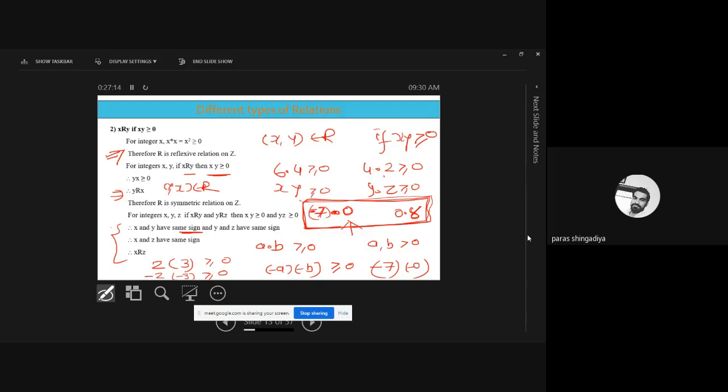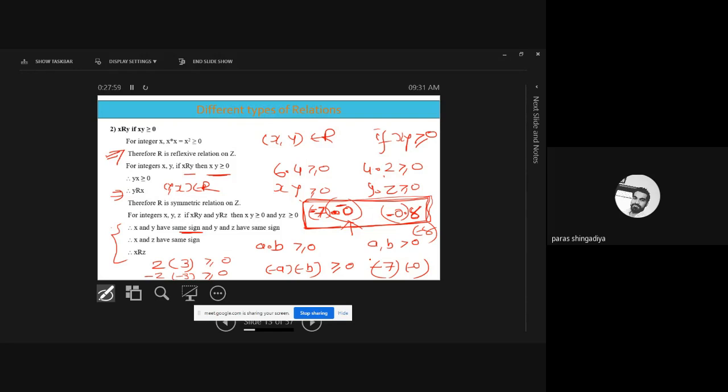Okay, so both should have the same sign. Clear? Both numbers should have the same sign, so it should also contain the negative 0 there. Then it is positive. And here I also consider negative 0 to consider b as the same value. Clear? And to prove this greater than or equal to 0 answer, we need to consider minus 8 here. But now we consider all such numbers from Z, which includes 0, we only write 0, but it is also considered 0, 1, 2, 3 in positive form and minus 0, minus 1, minus 2, minus 3 in negative form. So we also consider both values in negative and positive form.